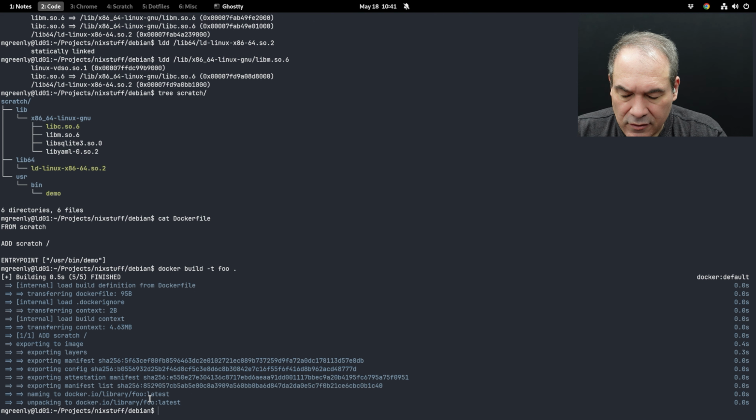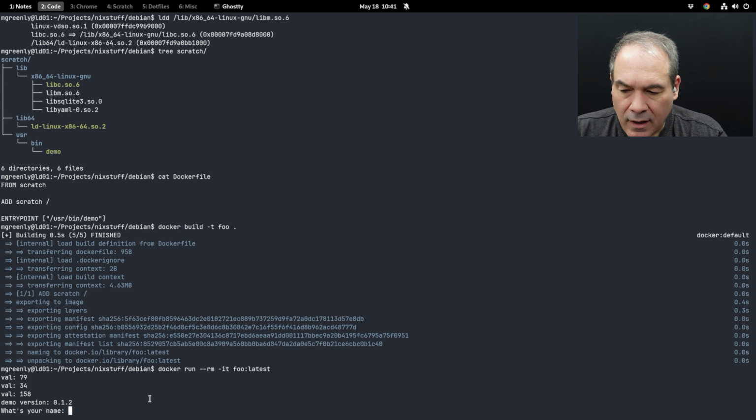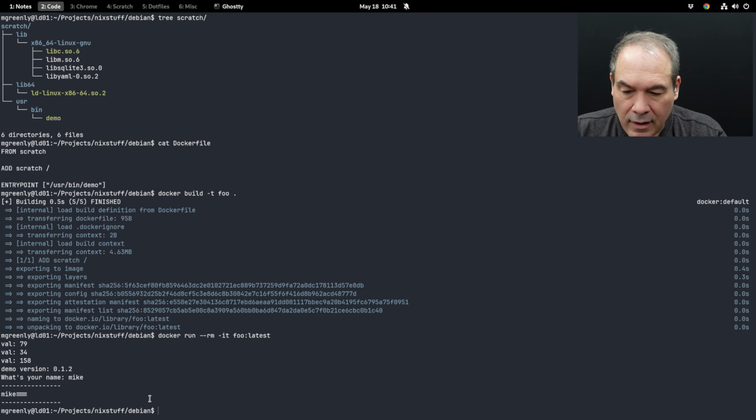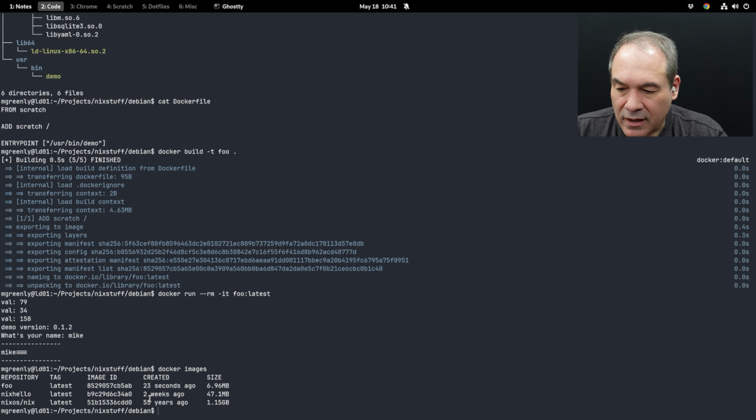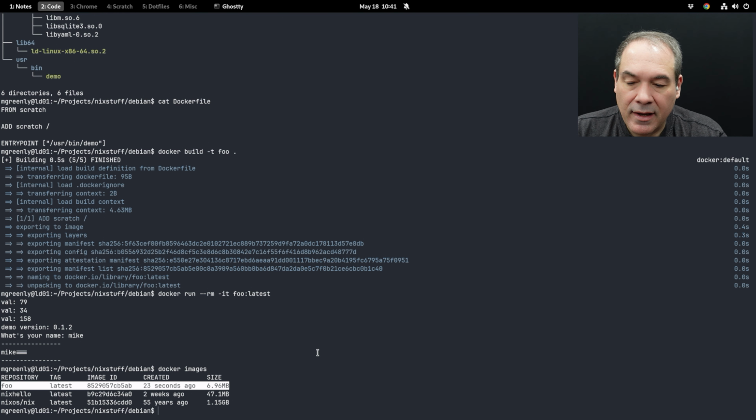And then to run that, docker run --rm -it foo:latest, and it executes. So now docker images, if I take a look, we can see we have a 6.9 megabyte image. And let's compare that to,